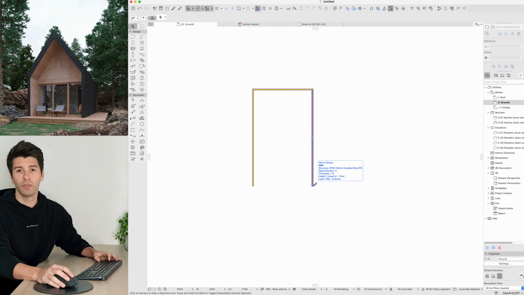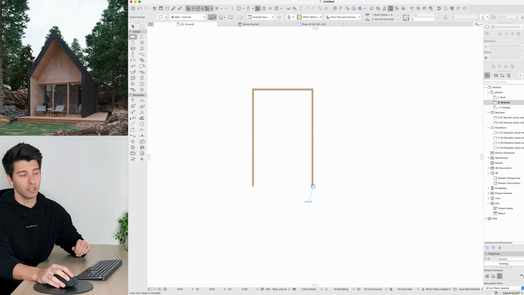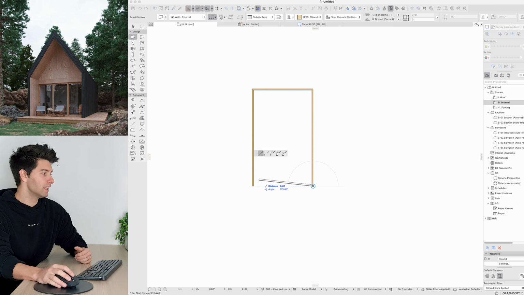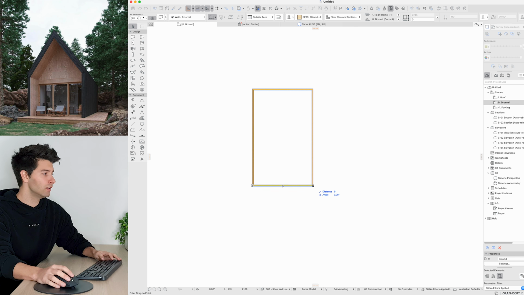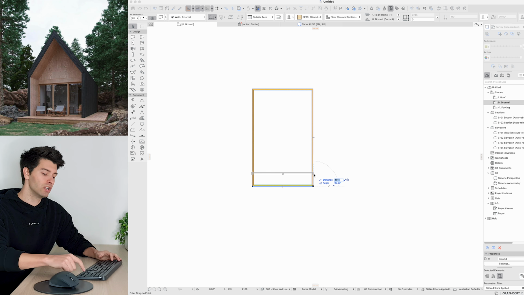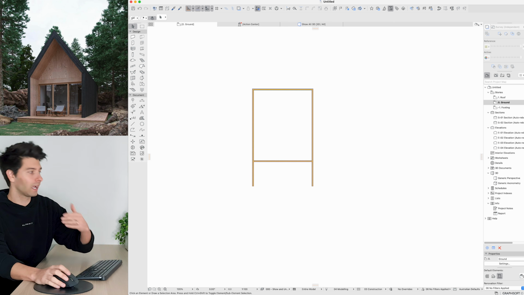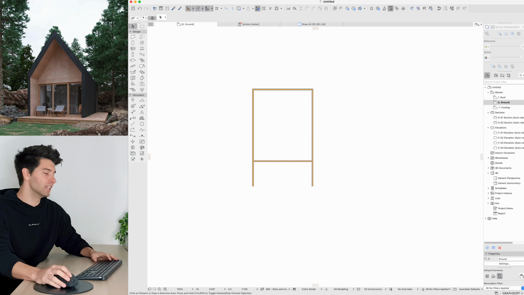Next, what I want to do is hold the Option button or the Alt button, depending on what software you're on, and then create one more wall to join both of these together. Pressing escape, I can now click on that bottom wall, which is individual from the rest of the walls. Again, clicking on the bottom wall, Command or Control D, D for David, clicking once, holding Shift, pressing D again to dimension, and typing in 2000 to move our wall back